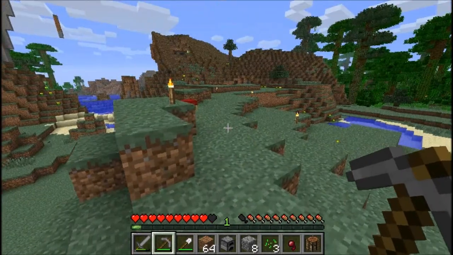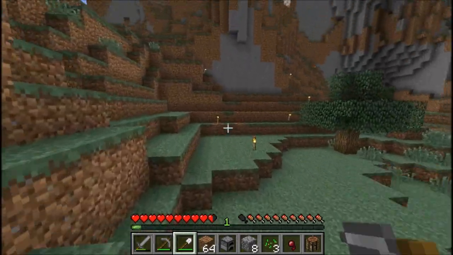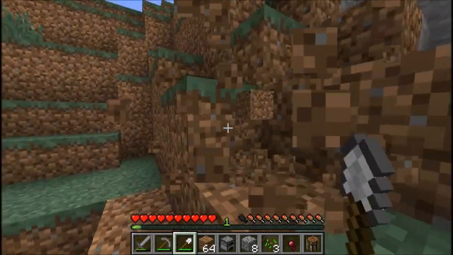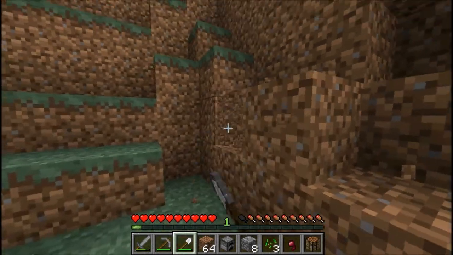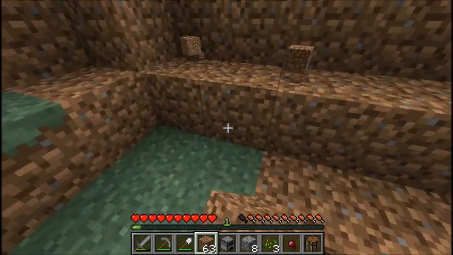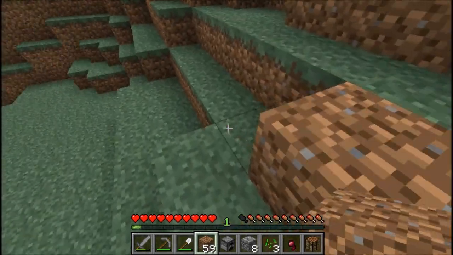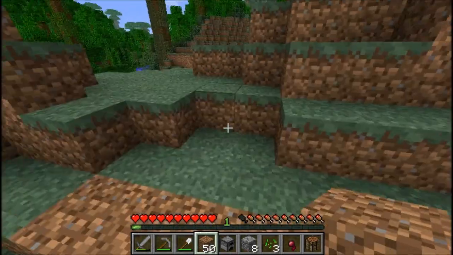I died after setting my spawn and walking over there, so I just need to terraform this a bit more, and then I think I'll be happy with how it looks. Let me have a look here, see what could happen. Bring this out here a bit more. You know, just designing, making the area look pretty